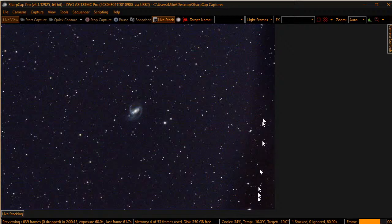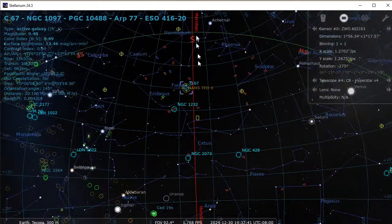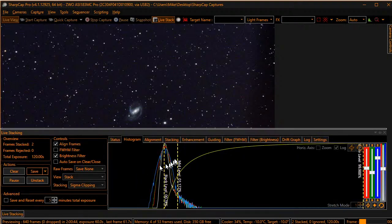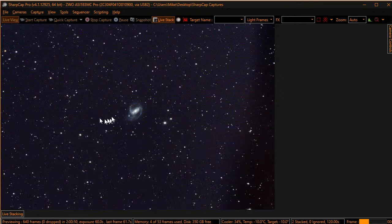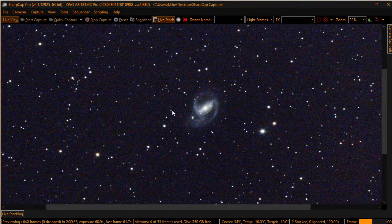You'll notice that there is a dark band here. 9 times out of 10, what's happening is it's one of the power lines or power poles, because this is low on my horizon. It's probably only going to be 20-25 degrees. In fact, we can look in here and see, yeah, it's about 25 degrees off my southern horizon. So I'm looking through power lines and power poles. So we're getting a little bit of a dark spot there, but that's okay, because we can just zoom in and get rid of it and pretend it's not even there. Very nice galaxy though,